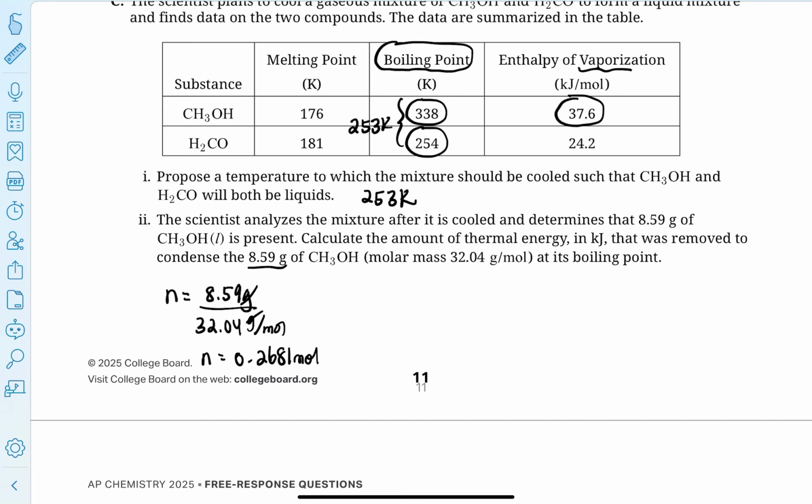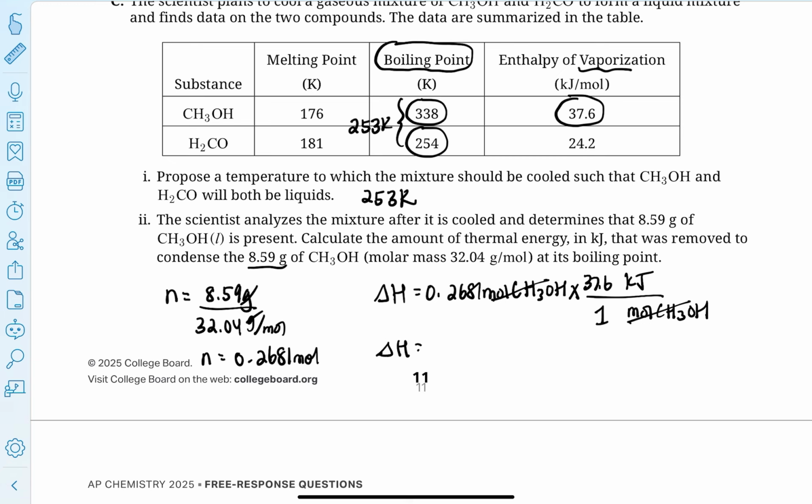So I like to do a ratio cancellation to figure out my enthalpy value, or delta H. So delta H equals 0.2681 moles of CH3OH. I'm going to multiply this by a ratio. I want moles of CH3OH to cancel out, and I want my answer in kilojoules. So again, I'm going to use the data in my table to fill in my ratio. I know that for every 1 mole of CH3OH, it takes 37.6 kilojoules to vaporize. So moles will cancel out with moles, and delta H will equal, is it 10.1? Yeah, so 10.1